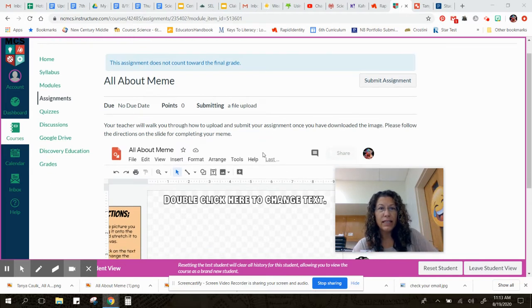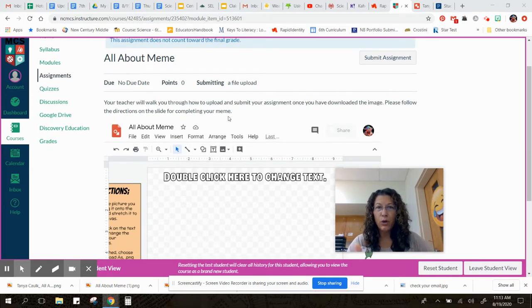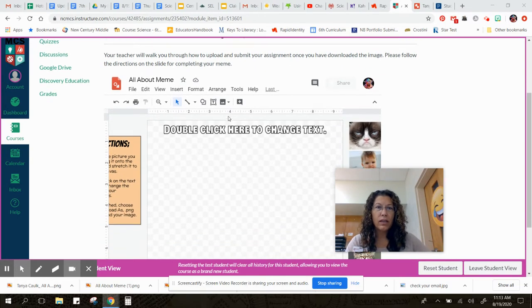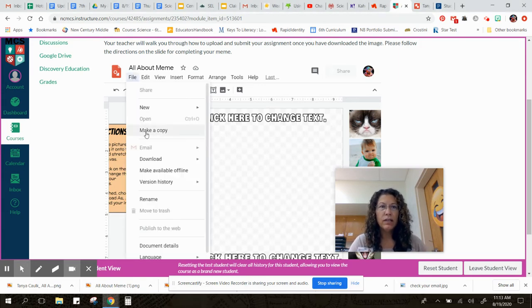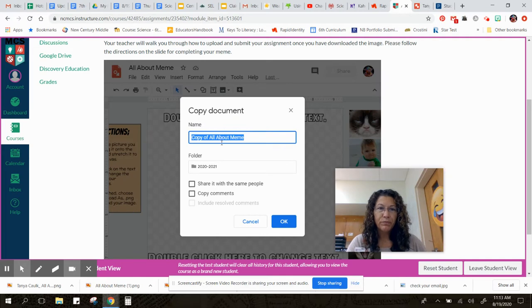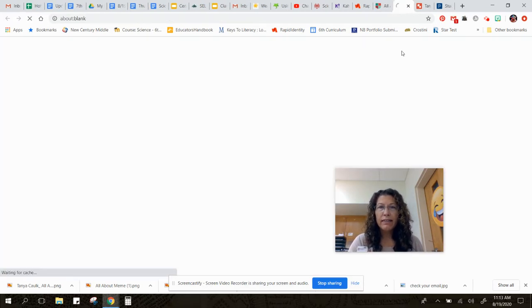So if you'll notice here, it says that the teacher is going to walk you through this in class. This is just one that I've given my students. But the assignment is to create a meme that tells something about yourself. So the students had to go in and make a copy of this. So they would go to File, make a copy, and once they've made their copy and put it in their folder, then it's going to bring them to